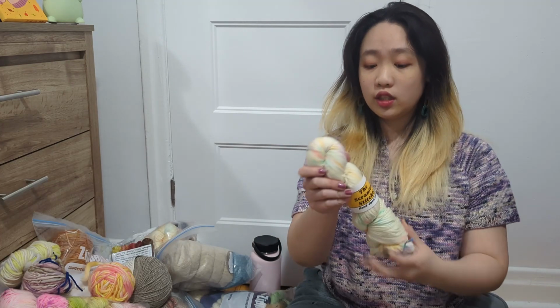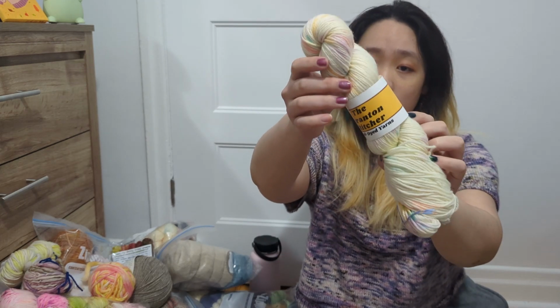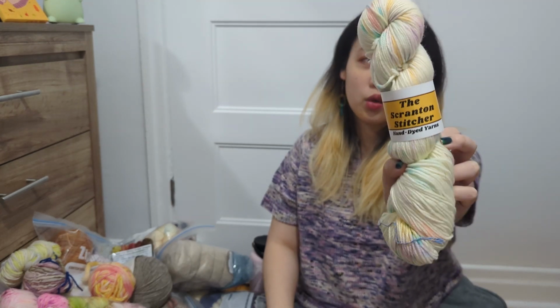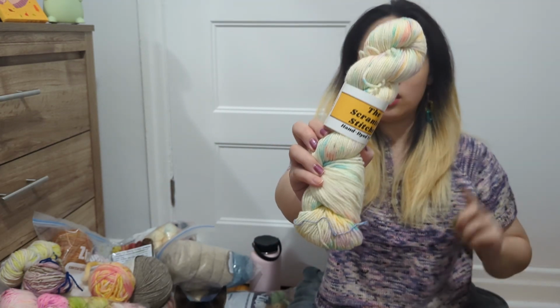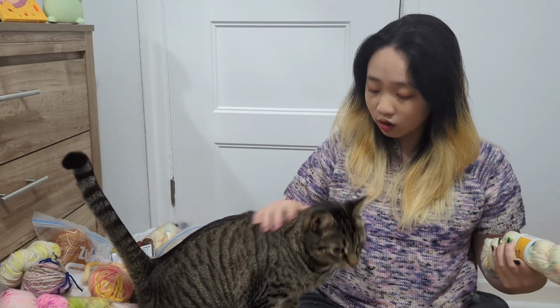Who knows? This yarn, definitely one of my all-time favorite yarns. This is the Scranton Stitcher yarn in DK weight, which is a 100% superwash merino in the colorway Fruit Loops, which is an absolutely gorgeous color, a creamy white base with